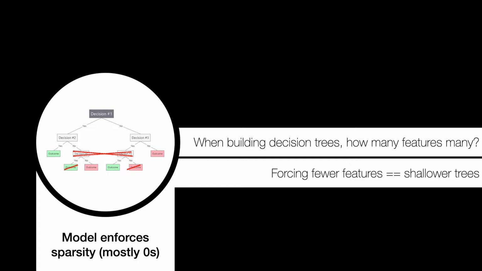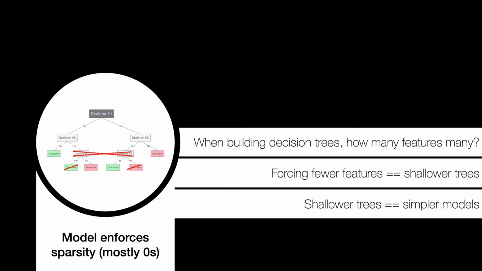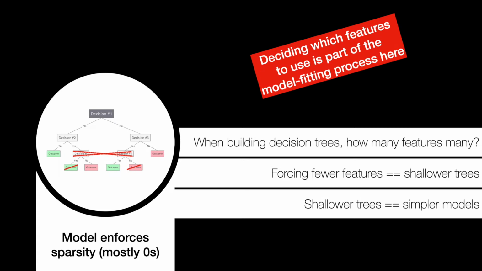of fitting for generalization error has higher penalty for deeper trees. And this idea being that the shallower the tree, the simpler the model. And this is all part of the model fitting process as opposed to your pre-processing or analysis process. Similarly, with the enforcing smaller feature weights, this is a process in the model fitting stage rather than decisions you